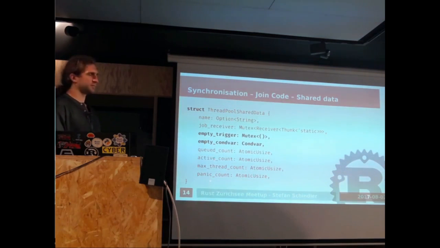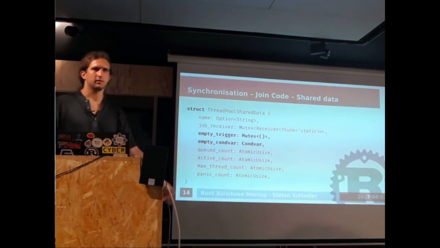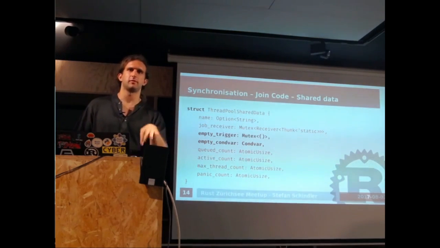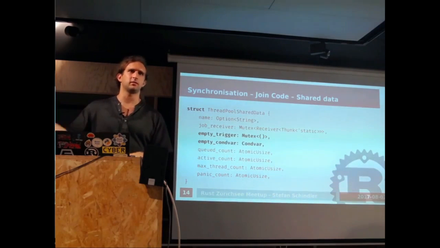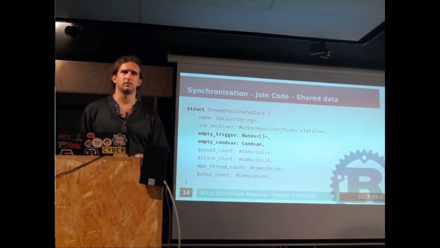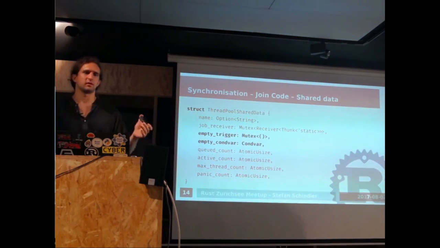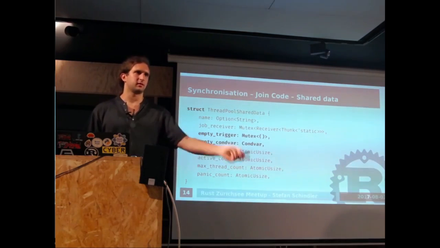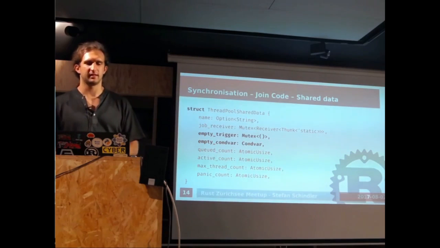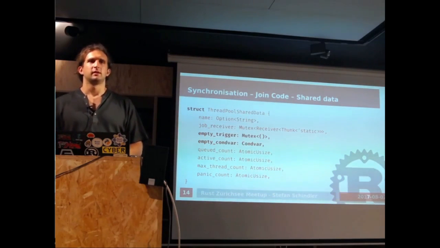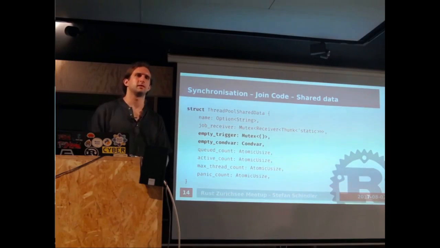And we have some bookkeeping stuff for the queues and a name. This name is actually quite handy. You can do that in other languages too: you can name your threads. So when they crash, it's not just crashed thread number, I don't know, 157, which is useless basically. You can name them, tell it this is a pool for fetching stuff or calculating thumbnails or whatever. And then when one of them crashes, it tells you, hey, one of these threads crashed. You can do that with any thread.